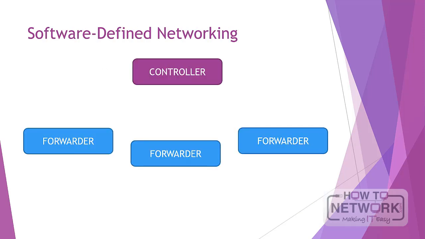All right, so there is a third concept that is very strong right now, and it's called software-defined networking. So it has a lot to do with cloud and virtualization, but it's different. It's related, but it's different. So what software-defined networking means is